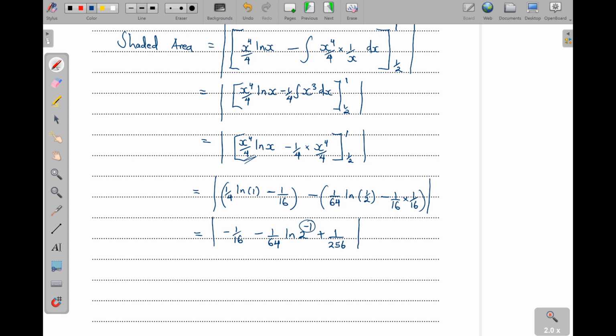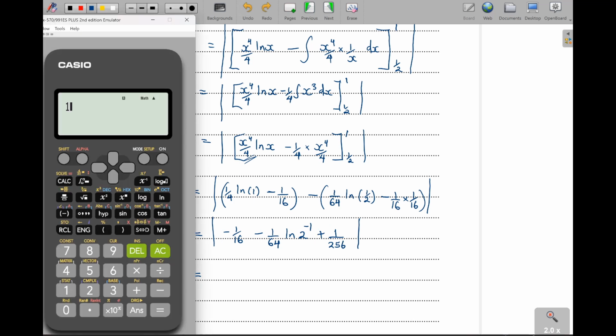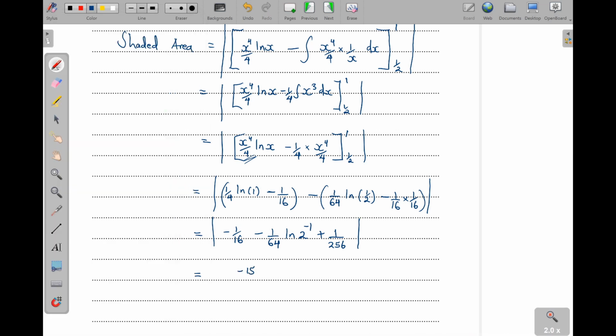Now this minus can come here and makes it a plus. So we shall have these two here, 1 over 256 minus 1 over 16. That is negative 15,